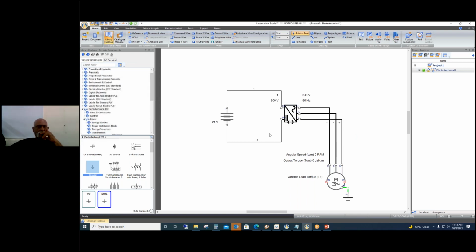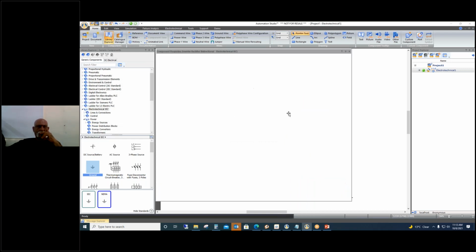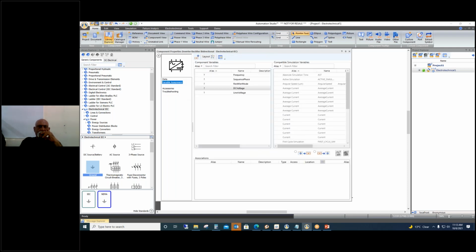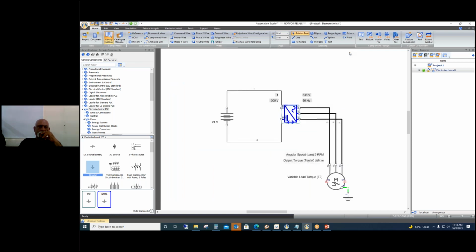Now for varying the frequency of this particular component, if you double click on it, in the variable assignment you will get access to the different parameters of this component, like frequency, DC voltage, line voltage. So I'll go to the drives and transmission, sorry, from environment and control, from here I will take one pedal.